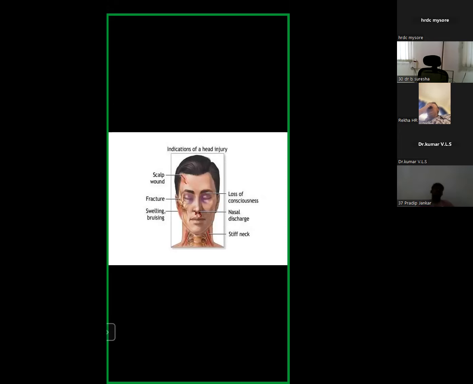You can make out the loss of consciousness, the wound in the scalp, and swelling or bruising also. Nasal discharge will be there. There will not be continuous bleeding from the nose. So that indicates the severity of the injury, and in such a case they can be categorized as category 1 or category red, and they should be shifted to the hospital on topmost priority because the chances